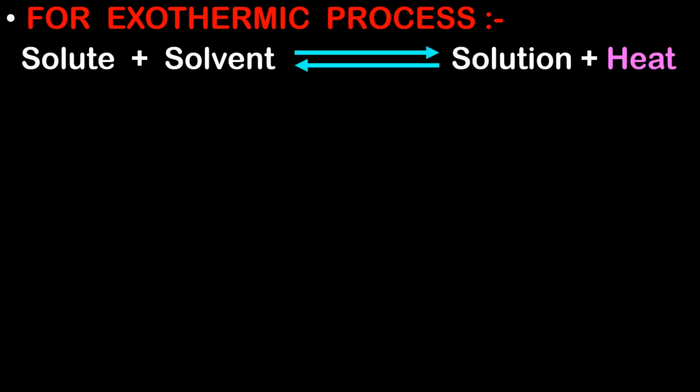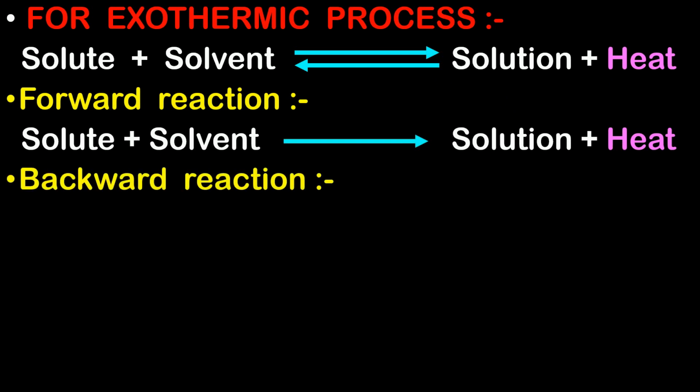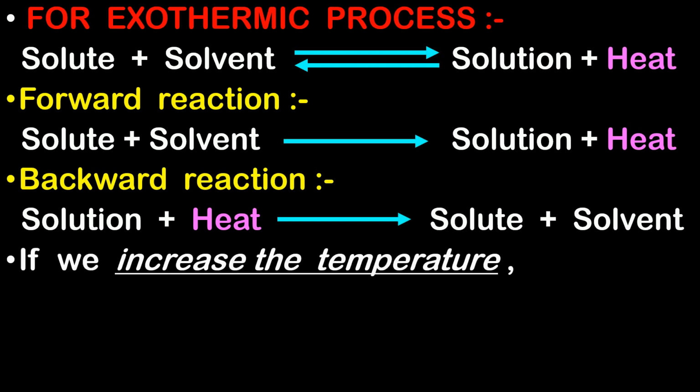Now let us understand for an exothermic process. While considering a saturated solution for an exothermic process, this is the dynamic equilibrium that we achieve. Since it is an exothermic process, which means that dissolution is exothermic, we are going to get heat after a solution is formed. Clear with this? Here we have a forward reaction, which is solute plus solvent gives solution and heat, and we have a backward reaction where solution plus heat gives us solute and solvent. Now here, guys, if we increase the temperature,